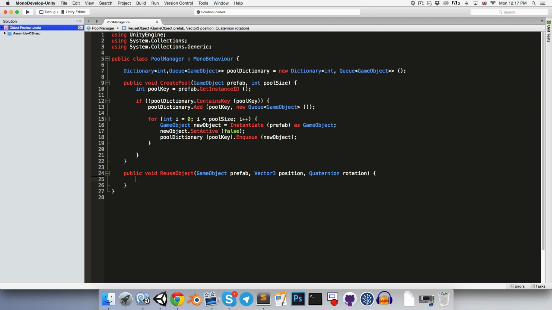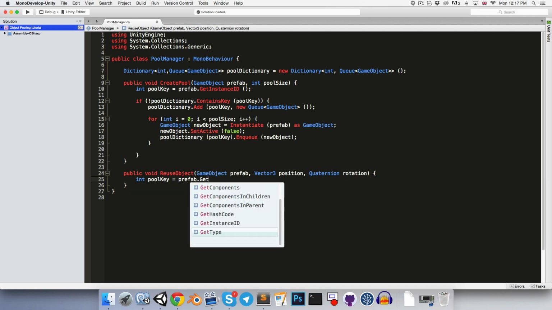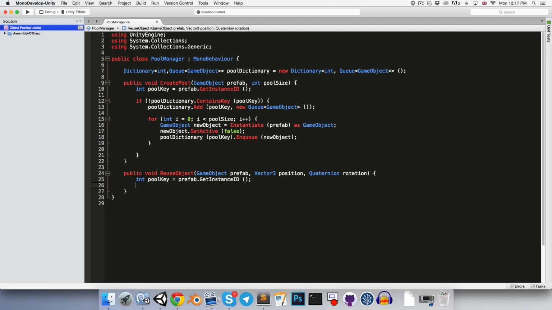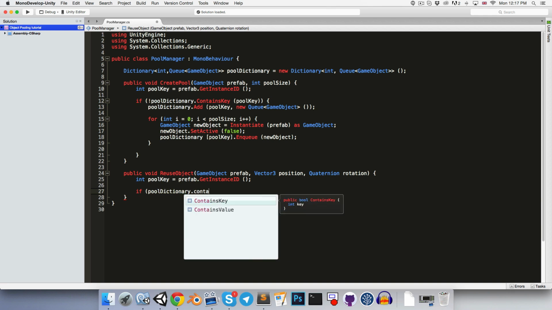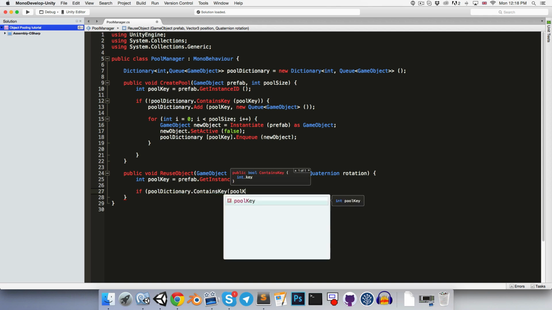Okay, so we can start off just by getting our pool key once again. So we can say int poolKey is equal to prefab.GetInstanceID. And then we can do a quick check to make sure that our pool dictionary contains such a pool key. So if poolDictionary.ContainsKey(poolKey),